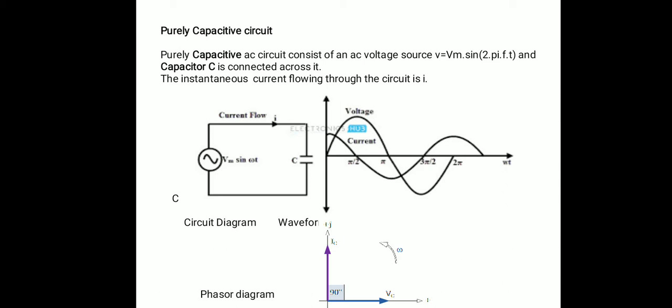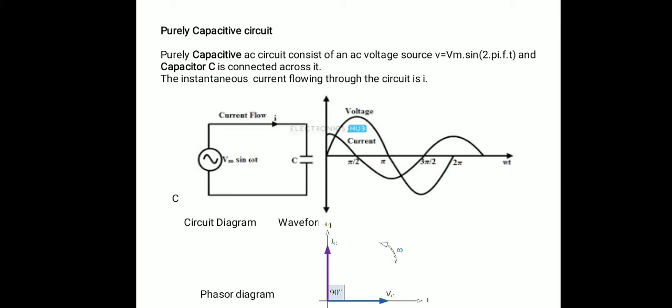First we have to draw the reference axis, and the horizontal axis is the reference axis. If you are going to plot more than one phasor on the same reference, then you have to plot one phasor on the reference axis. In the phasor diagram, the voltage across the capacitor Vc is drawn on the reference axis. With respect to the voltage, current leads voltage by 90 degrees, so we have drawn the phasor for current, Ic, on the y axis. From the phasor diagram, we can also see that current Ic leads voltage Vc by 90 degrees.